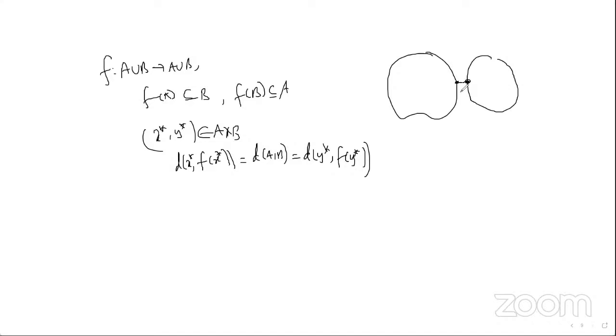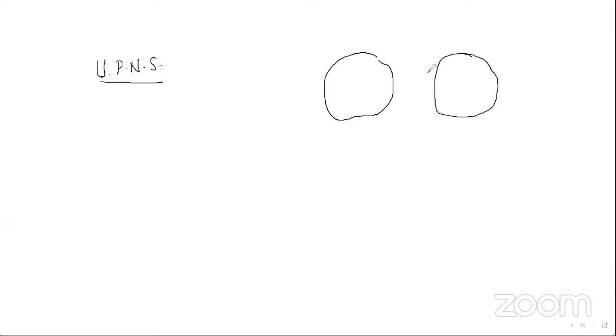Now, we have extended this to the uniform normal structure case. What is uniform proximal normal structure? Look at a pair of subsets and this collection. Suppose H and K are subsets of AB, that means H is a subset of A and K is a subset of B. In that case, look at